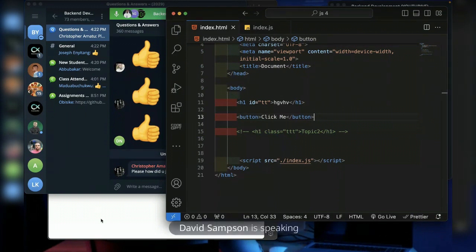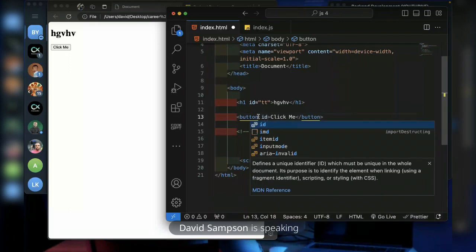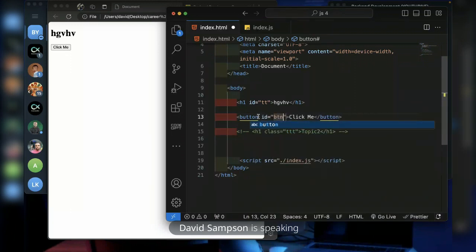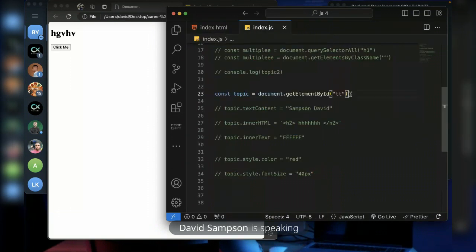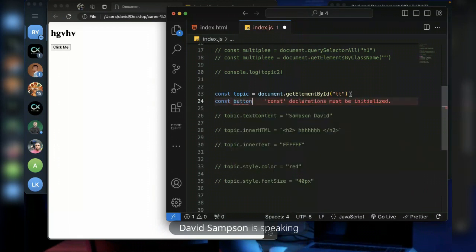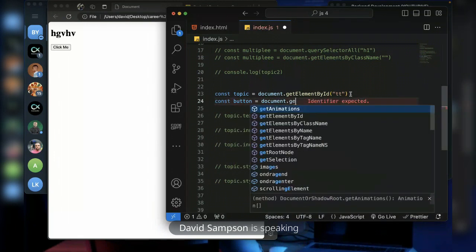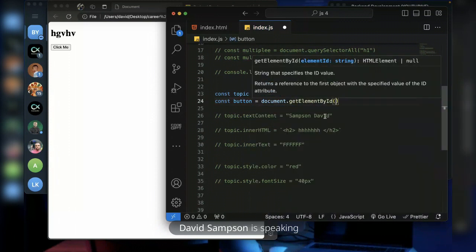So back to what we're talking about. Now, I want to give this an ID, and I'll call it BTN, short for button. So I will select this button tag somewhere here. So I can say const button is equal to document.getElementById, and the ID name is BTN,